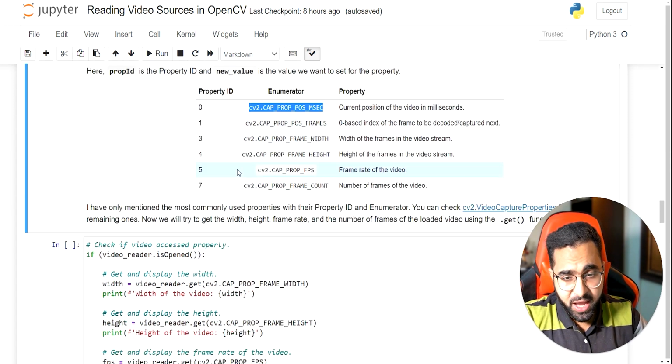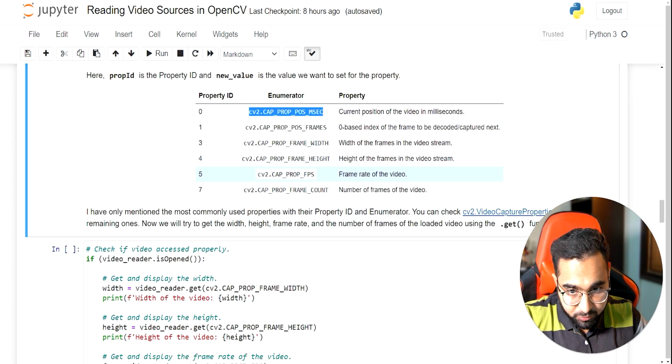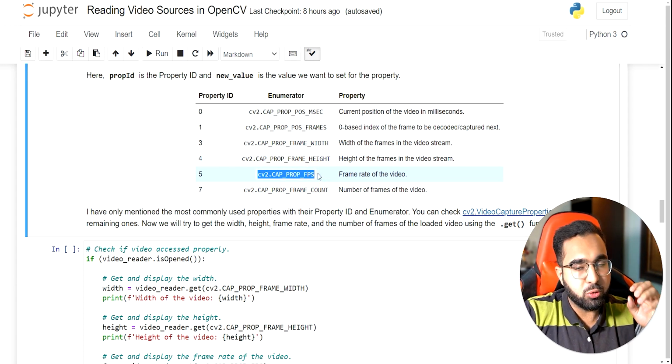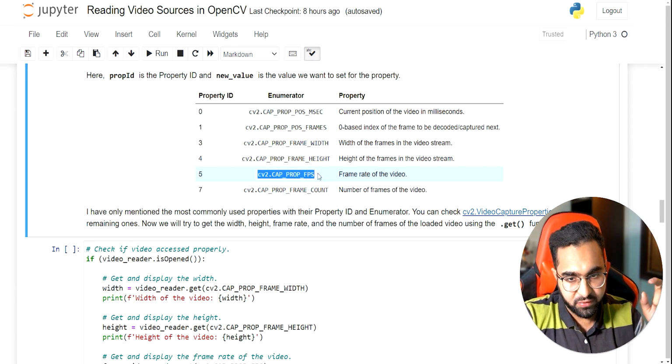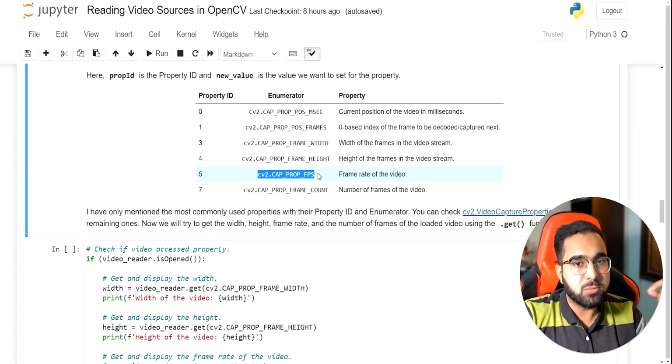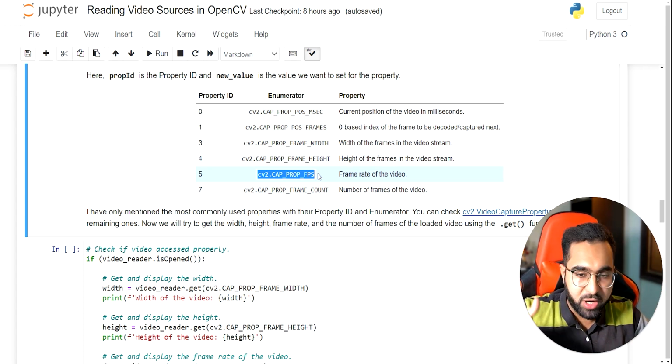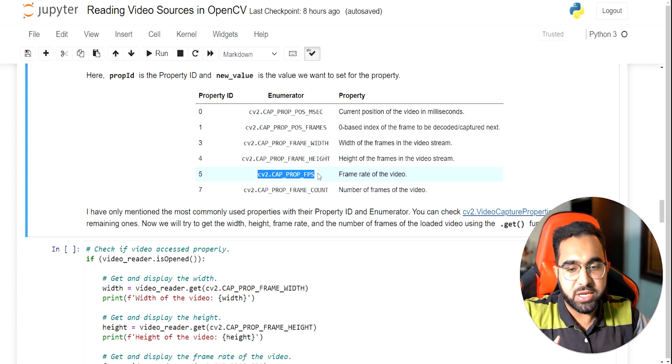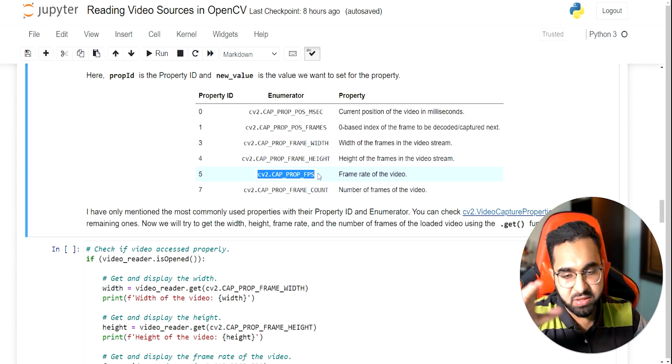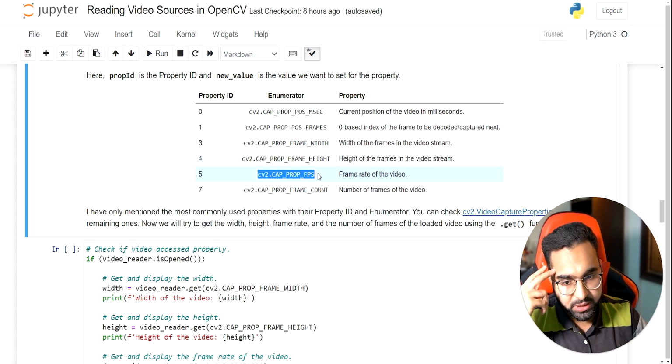The other really useful thing about getting the FPS of a video is that suppose you're using a video writer function in OpenCV to save a video. Many times, once you process a video and apply a bunch of operations on it, when you write that video with video writer, you don't exactly know what FPS you need to write it at. And I see people specifying a constant FPS like 10 or 20 without taking into account what the original FPS of the video is.